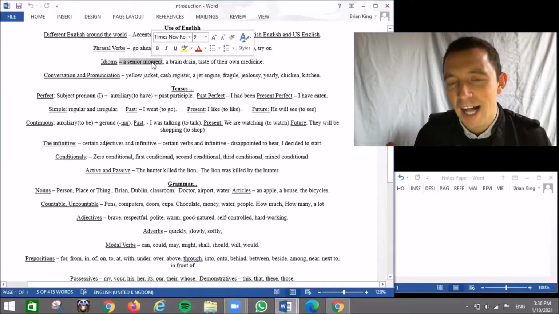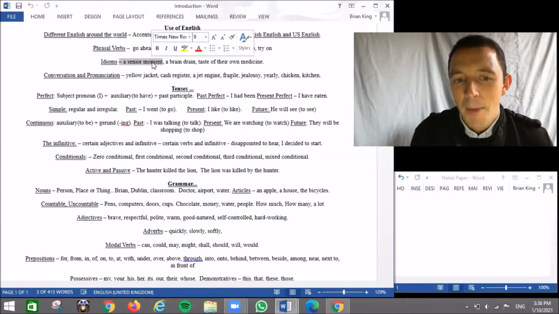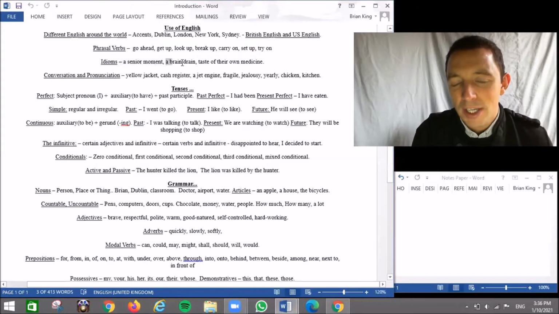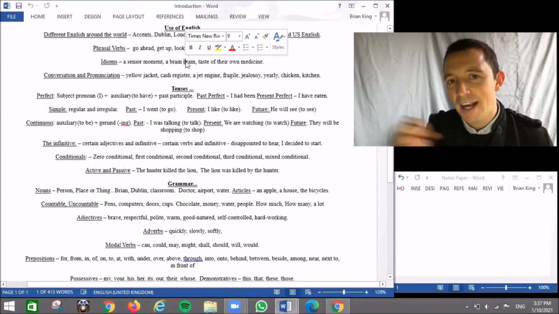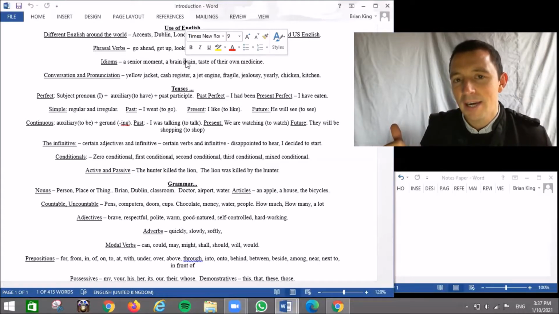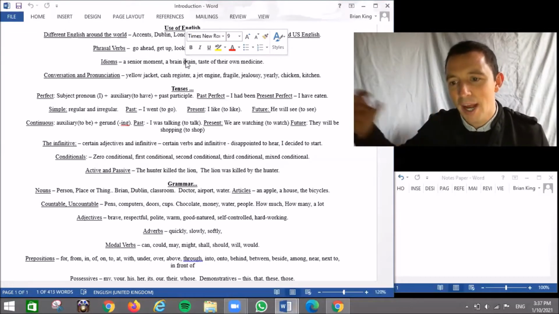Cuando olvidas algo, es en broma. Puedes decir, tienes un senior moment, porque olvidar. Okay. A brain drain es muy importante expresión también. Brain is cerebrum and drain is como extraer. Por ejemplo, cuando mucha gente del país con educación de la universidad salir, es posible para decir un brain drain